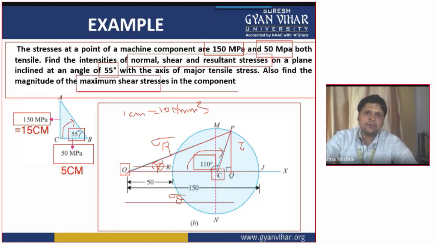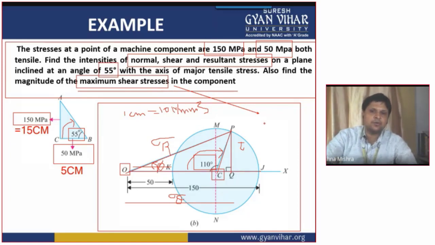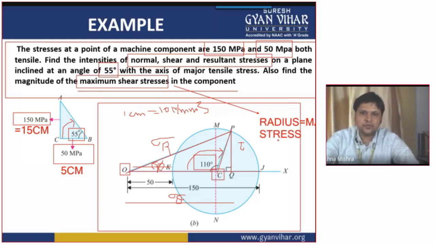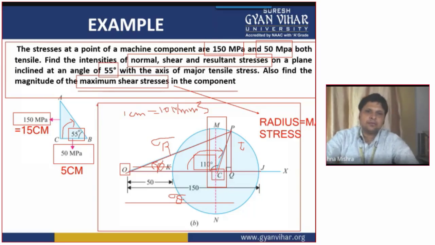But still the question which is asked in the numerical is not completed. They are asking you the maximum shear stress. See, one thing always keep in mind, that the maximum shear stress in the case of Mohr circle is given by the radius of the Mohr circle. Radius of the Mohr circle gives you the value of maximum shear stress. All right. So here, how will you calculate? You will measure the radius. How will you measure the radius? This distance from C to M. You measure this. This is the radius, and this will be equal to the maximum shear stress.